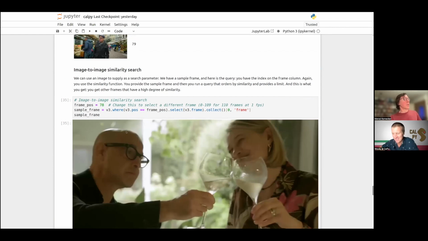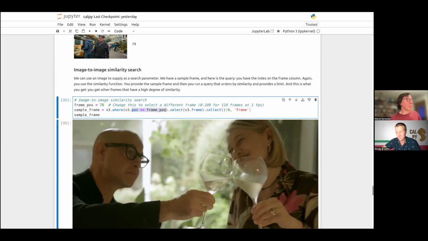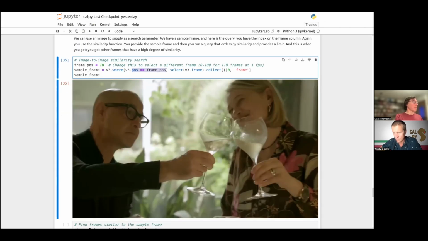And so what we're going to do here is we just ran a query where pos equals frame pos, where pos is frame position number 78, and we selected the frame column, and we got it back as sample frame, which is a PIL image. So we were able to retrieve an in-memory PIL image using Pixeltable.